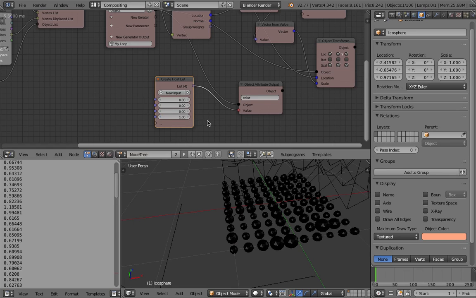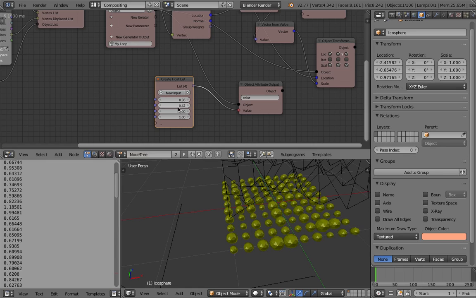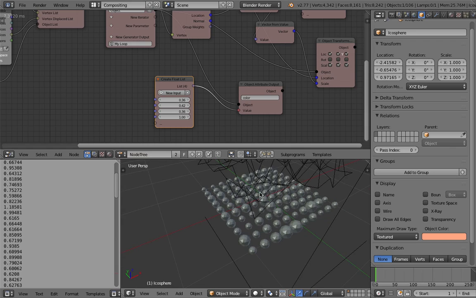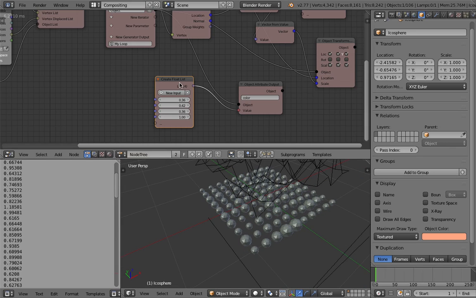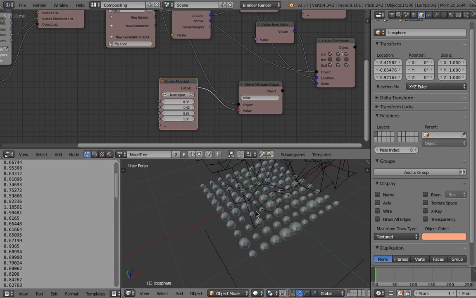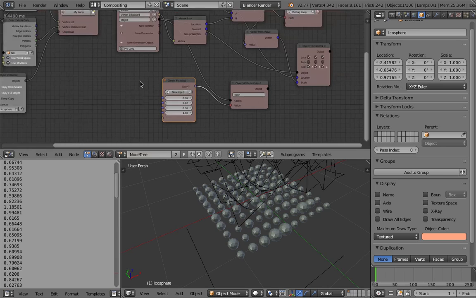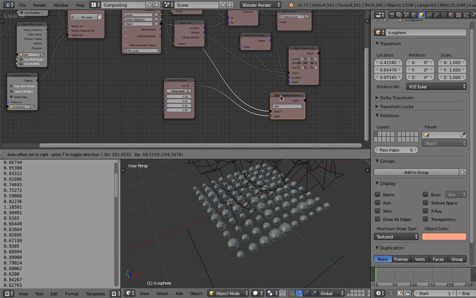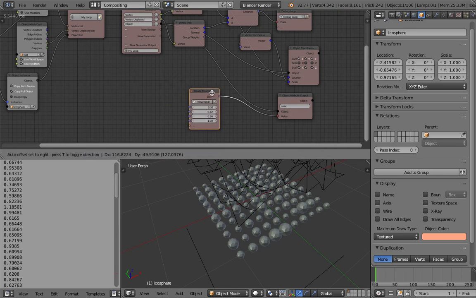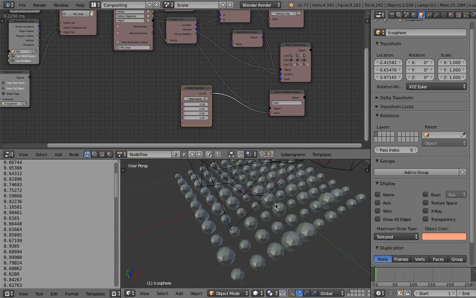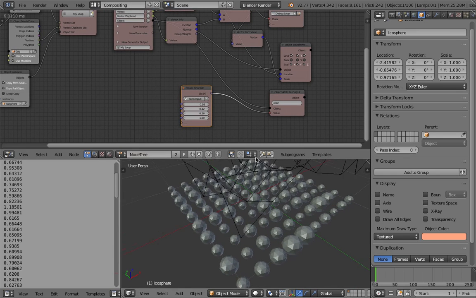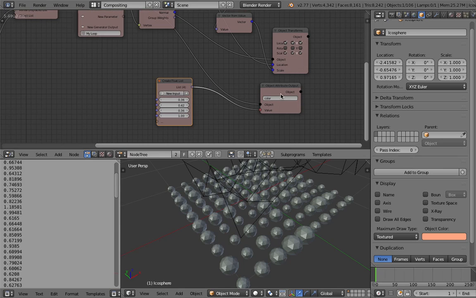Alpha should be 1. RGB: red, green, and blue. RGB looks good in Blender, maybe it's just the way it's displaying. It's not displaying the full value of 1. It's kind of more subtle, like a darker RGB, so it looks good.